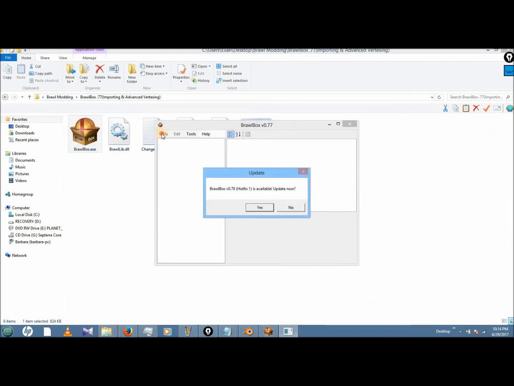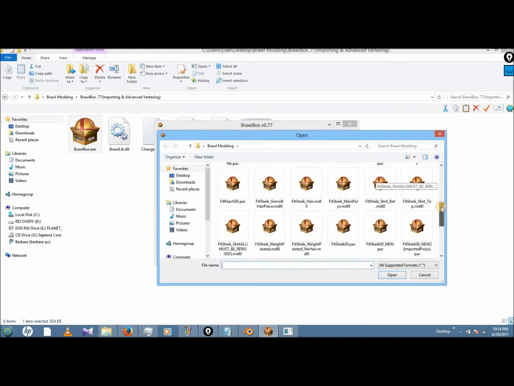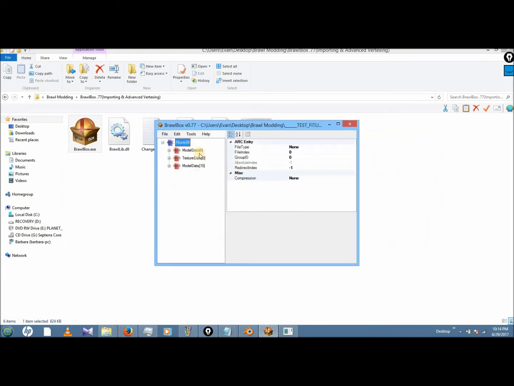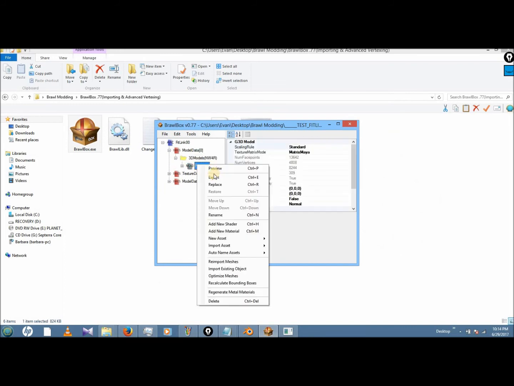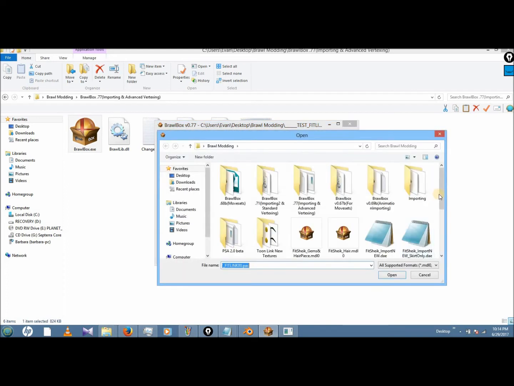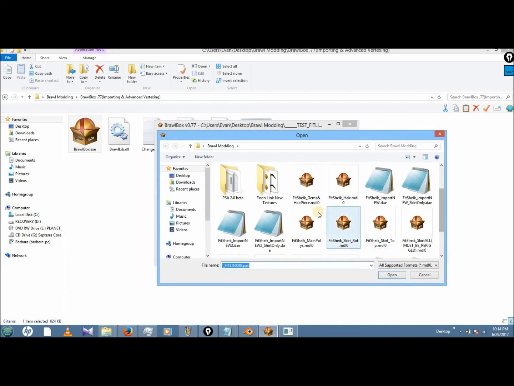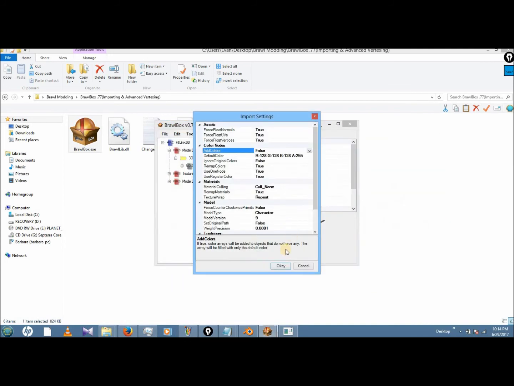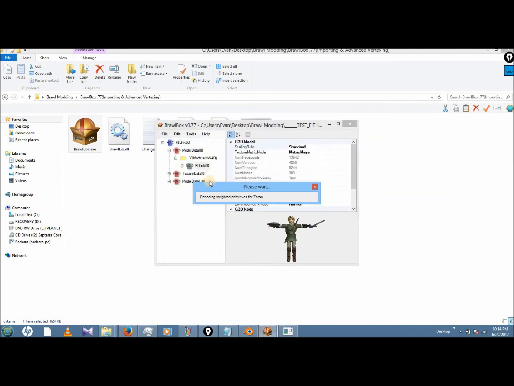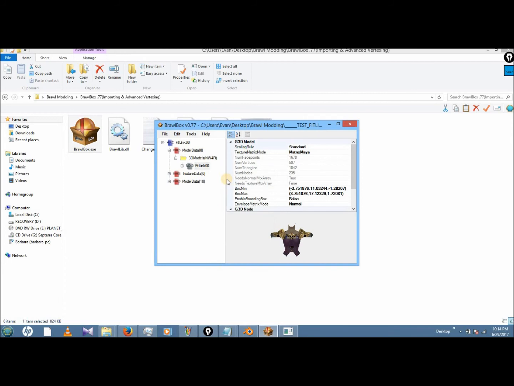Open up 0.77 again. Open up some random fighter. Replace with that one. And export.